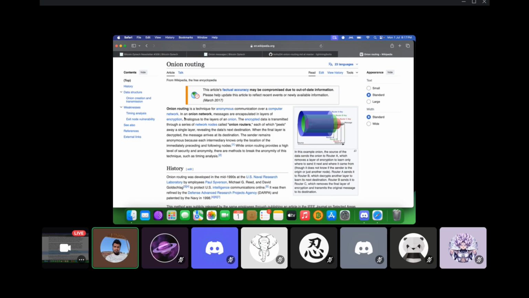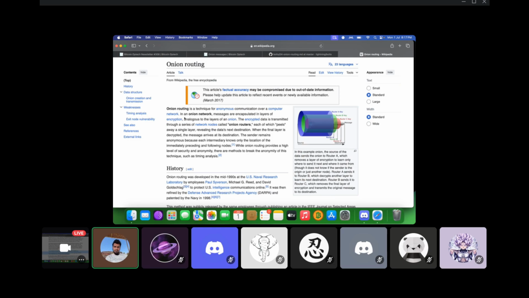So it's called onion routing because there are multiple layers to this message. For instance, there's an Alice and there's a Bob. Alice wants to send a lightning payment to Bob, but Alice does not have a direct lightning channel open with Bob. But Alice has a channel with Charlie, Charlie has a channel with Dan, and Dan has a channel with Bob. So Alice will route her payment through Charlie, Dan and Bob. Alice will send the payment to Charlie, Charlie will forward it to Dan, Dan will forward it to Bob. That's known as hopping, and that is why we use onion messages.